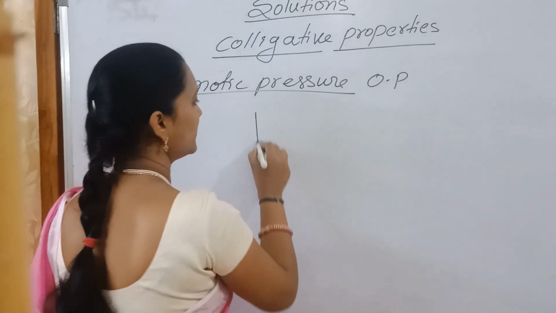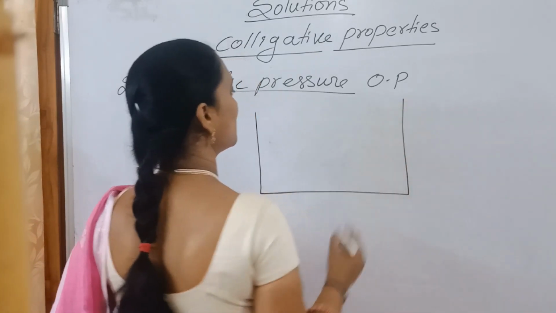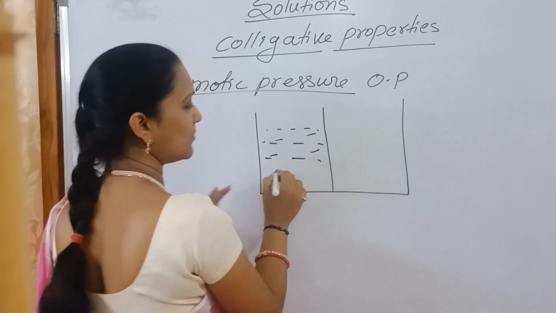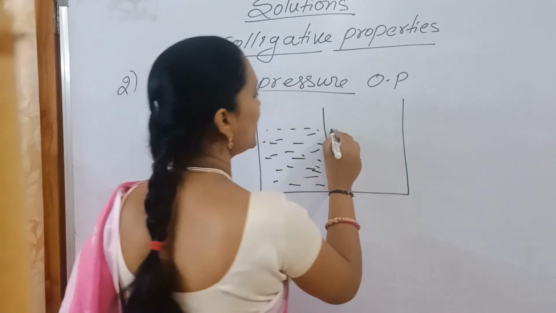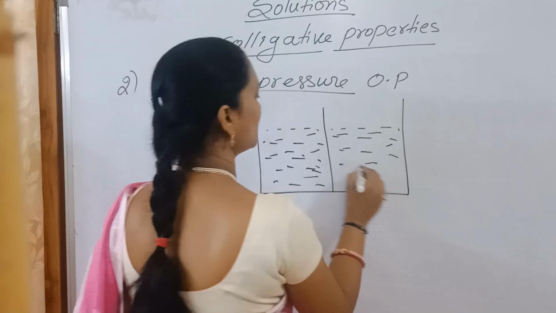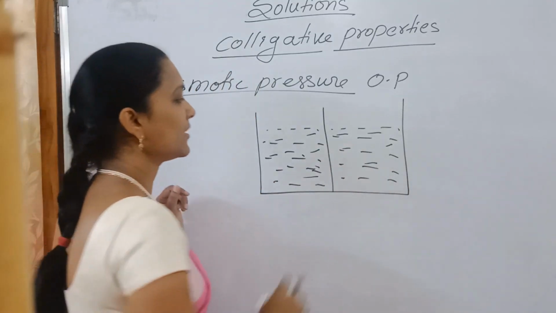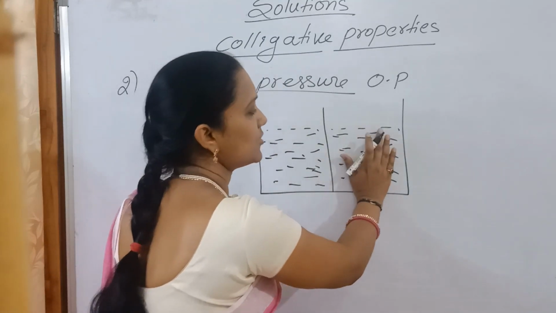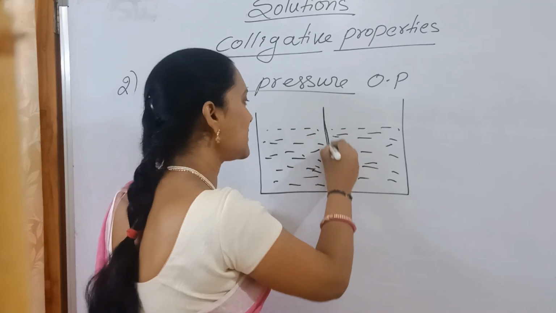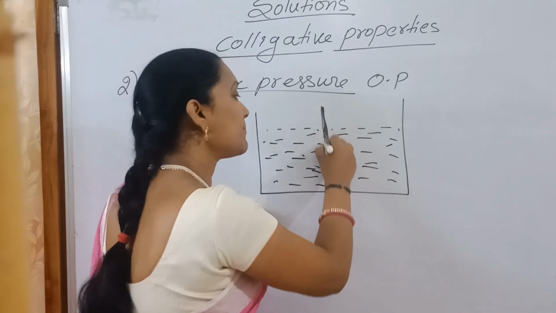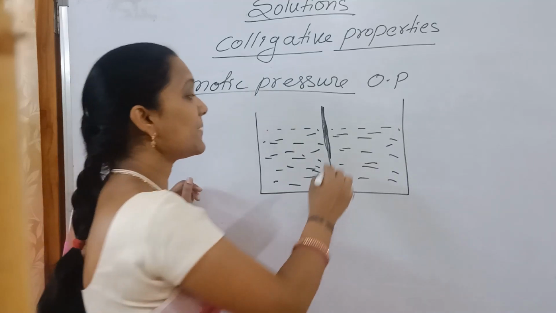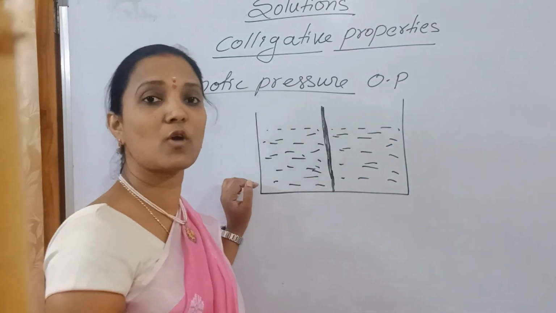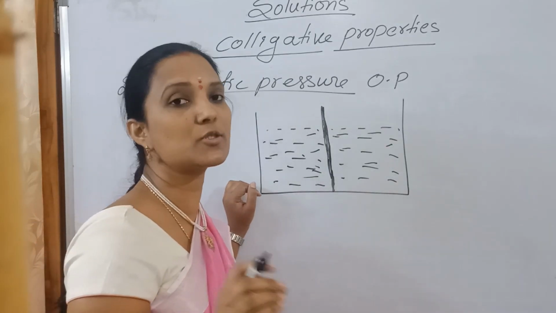So now here, in this one pure solvent is taken, nothing but water is there. Okay, pure water, and here one solution. Nothing but some solute is added to the solvent, the water. Here pure solvent is there, here solution is there. These two are separated by one semi-permeable membrane. Semi means not full. Semi-permeable, that allows some, not all. So now what does it allow? It allows solvent through it, but not solute particles.